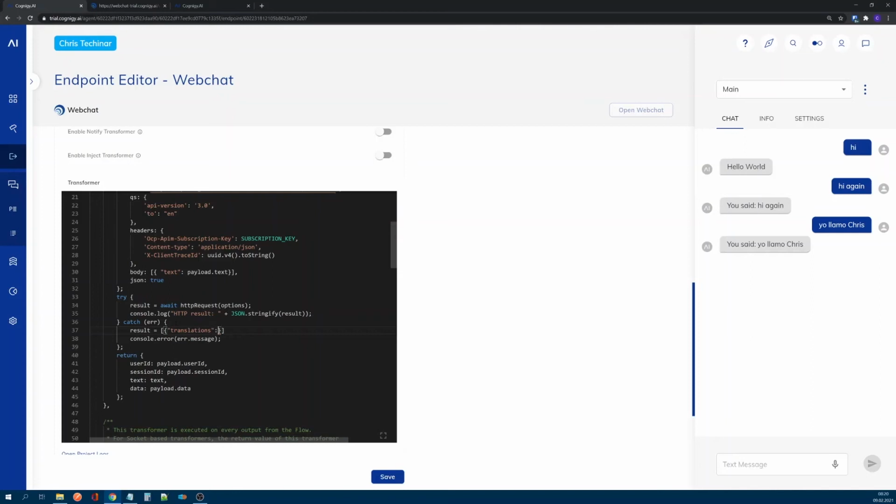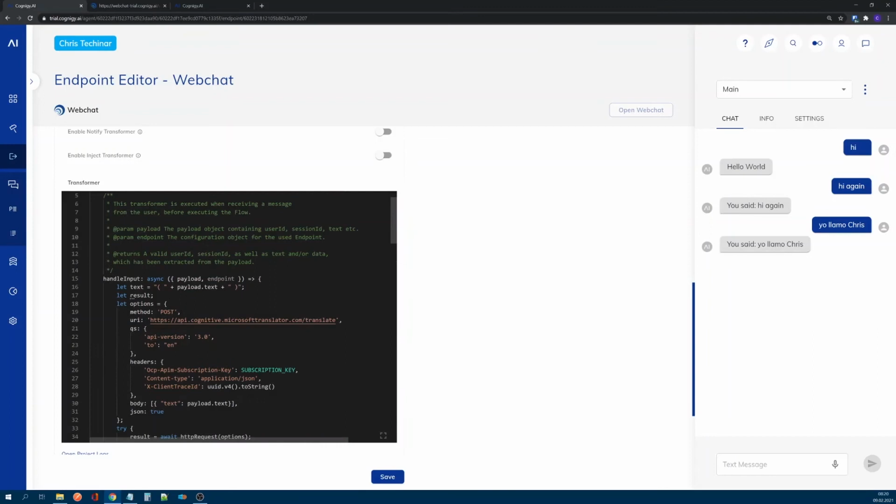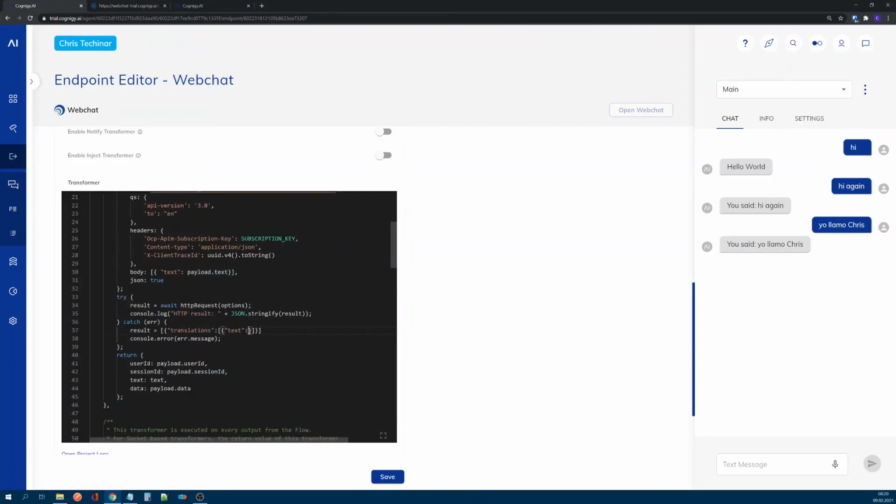Translations, and this was an array with a text inside, and the text, we will simply set to be the same as the payload.txt. All right, let's add a semicolon at the end.